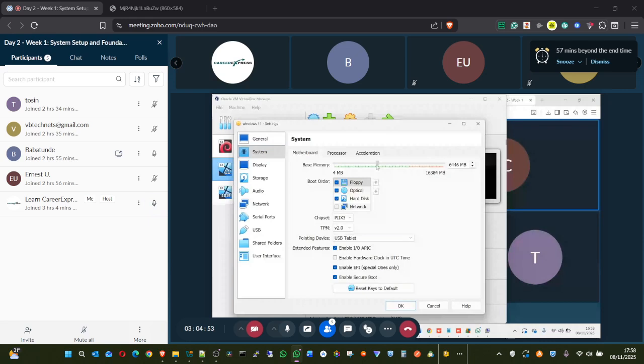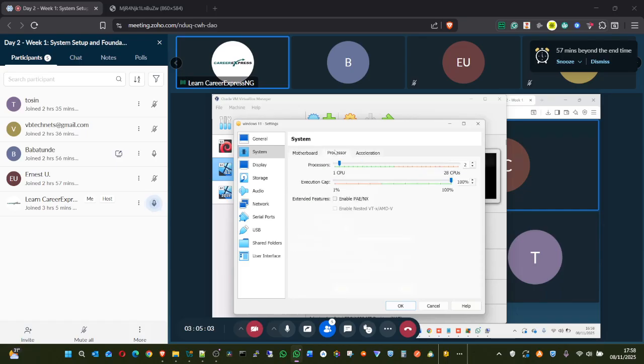Okay, that's fine. Click on processor. Okay, 2 cores, that's fine. Then go to storage.